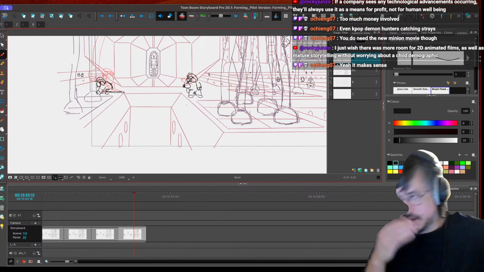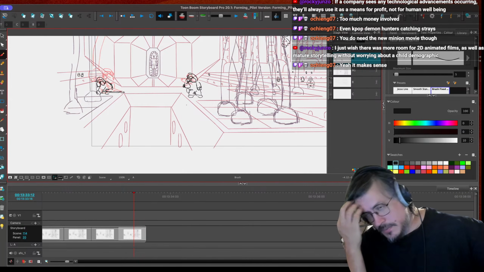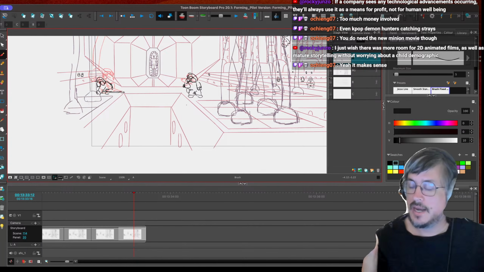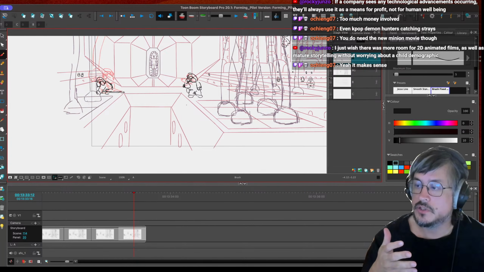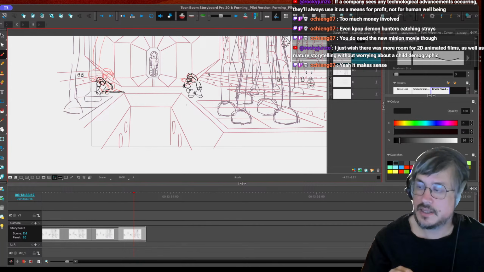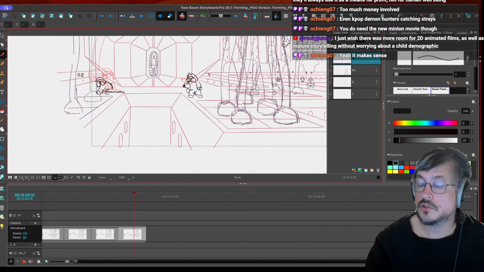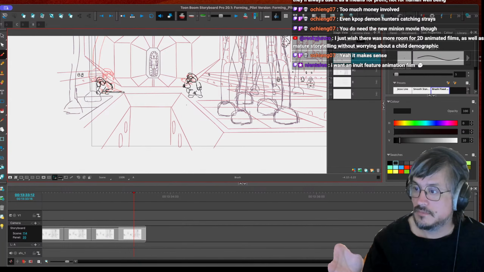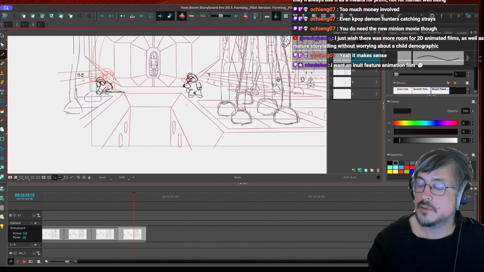Okay, let me be a little bit clearer about what I'm thinking. I'm glad that currently there is a world in which there are these huge budgets available for animated features. I'm not against that. I'm not against $200 million animated features, like Wreck-It Ralph or whatever. How much did that cost? Like $100 million or whatever. I'm not against that being a thing.